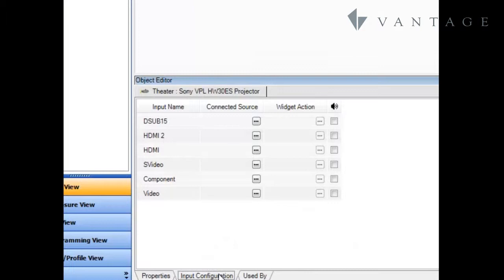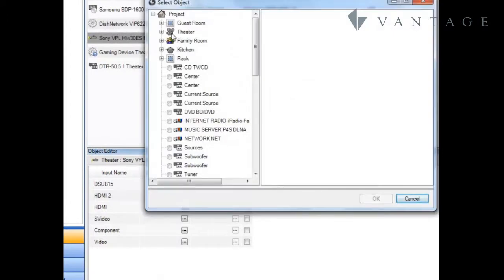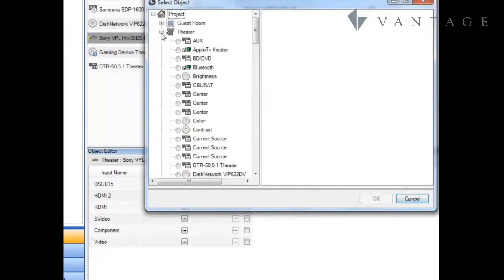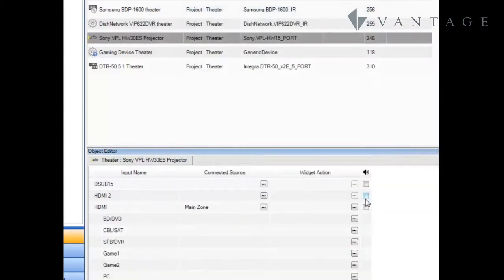We are feeding all sources through the receiver, and the main zone output of the receiver feeds into the HDMI input of the projector. So let's start by assigning to the projector's HDMI input the main zone of the receiver. Notice that once we have done this, a nested set of the receiver's inputs is presented under the HDMI input. This suggests the need to associate the inputs of the receiver to the source devices, which we will do by